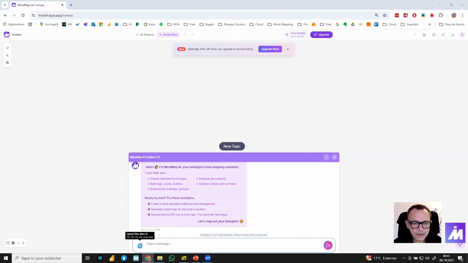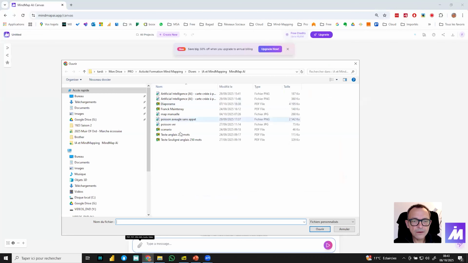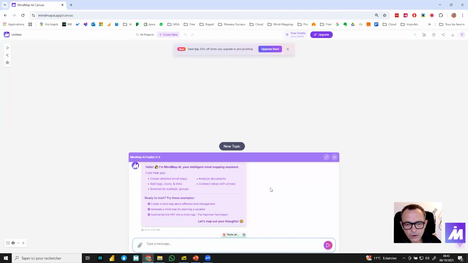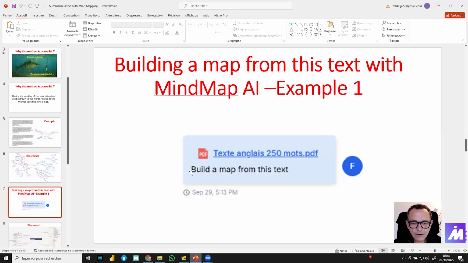I'm going to find my text. Just a minute. So I upload the PDF text, the same one as you have seen in the presentation, and I only ask MindMap AI to build a map from this text. So I don't give more information. So MindMap AI will find and build the map with words